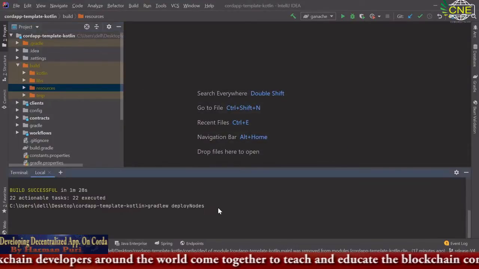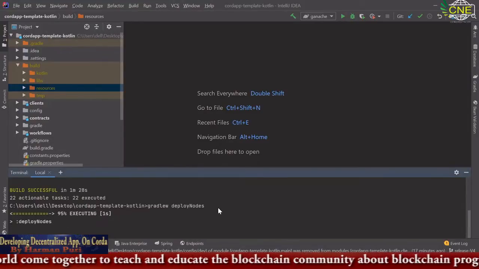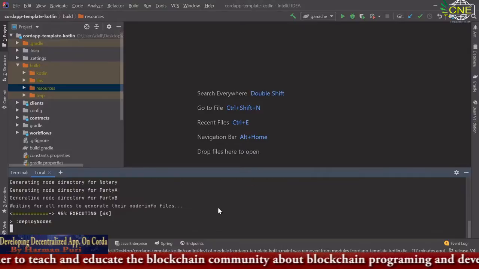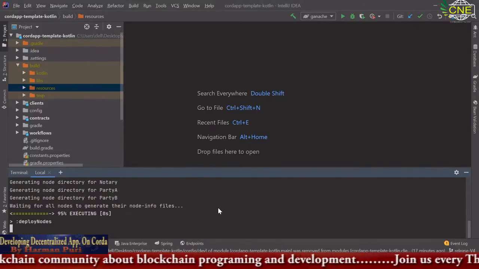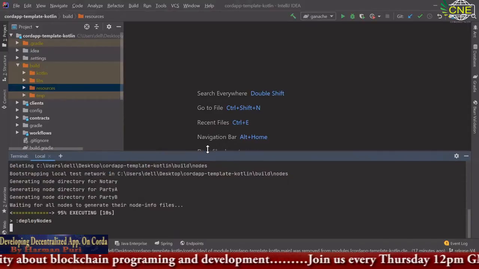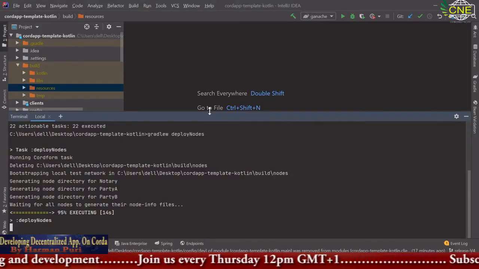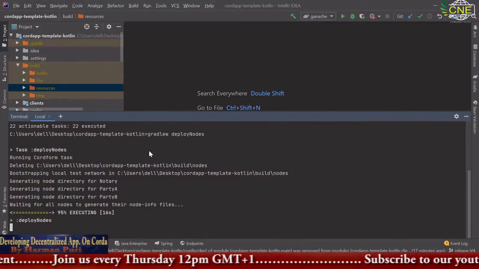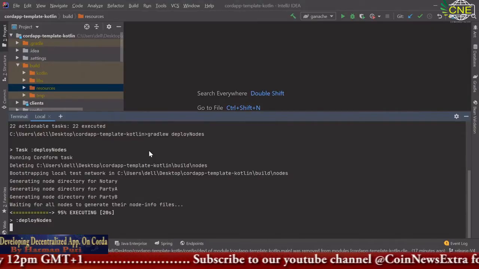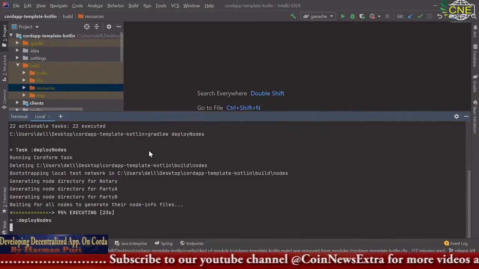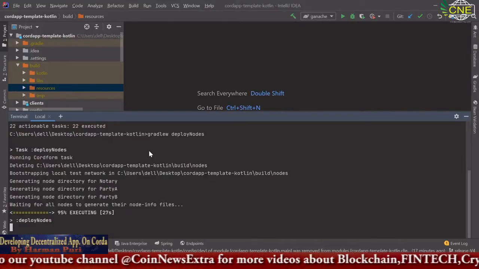So when I do deployNodes, I'm just waiting for another folder to be formed. Then I will explain what deployNodes is doing.